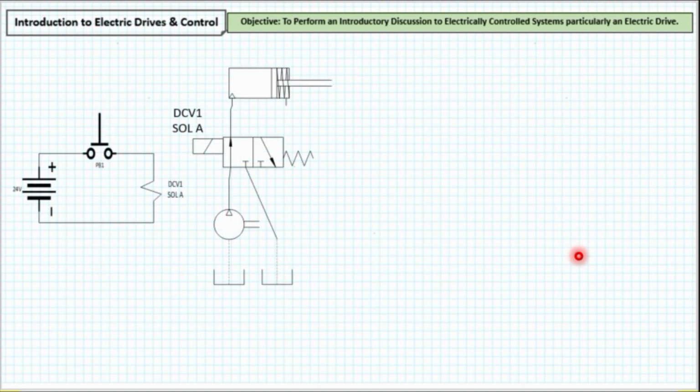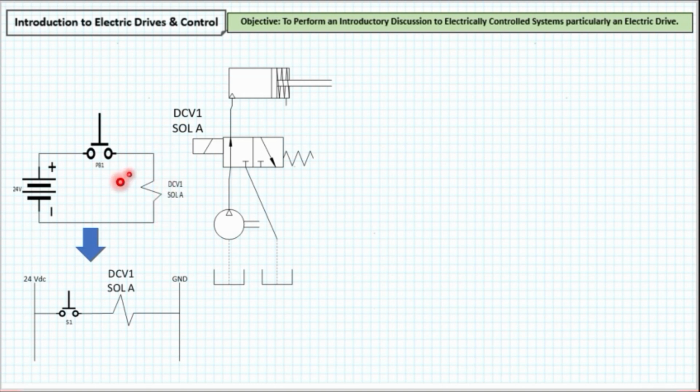Let's see a schematic diagram. Okay, so ito ay makonsider natin as a schematic diagram, and we use schematic diagrams to draw the control circuit, only the control circuit of an electrically controlled system. However, in actual practices, this may be difficult. That is why an alternative control circuit is shown using a ladder logic diagram. In our subject, we will focus on using the ladder logic diagram. Kasi if we use schematic diagrams, it can be more complicated.